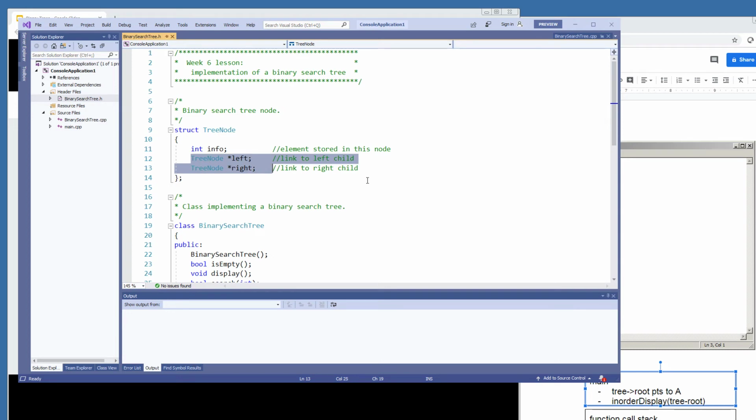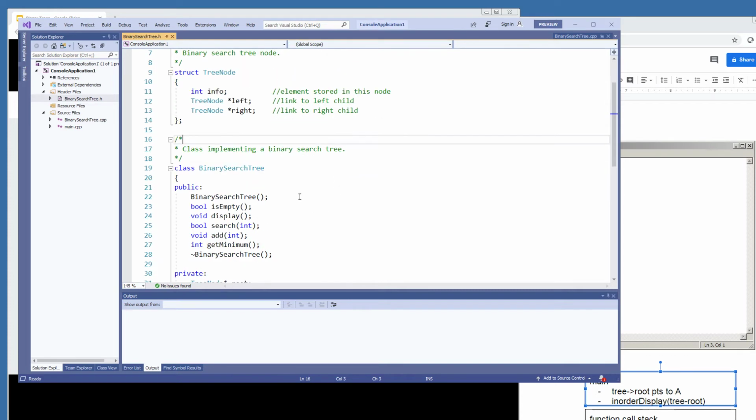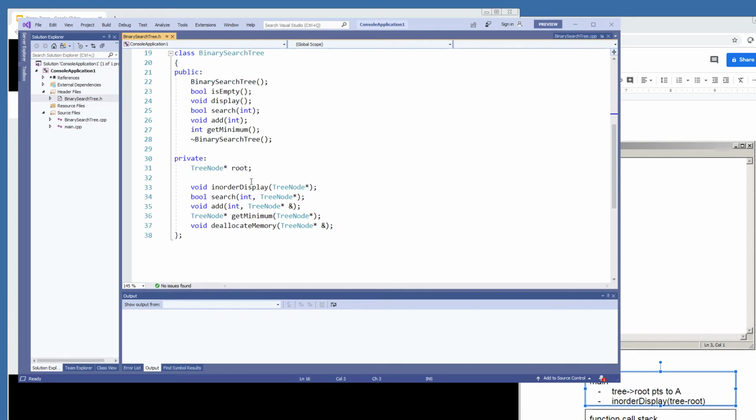Similar to the doubly linked list, except the left and right are going to be pointing to child nodes rather than left and right nodes. The binary search tree is going to contain a single pointer to a root node and then